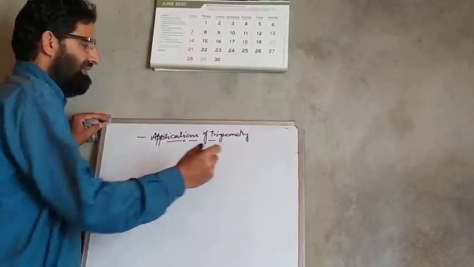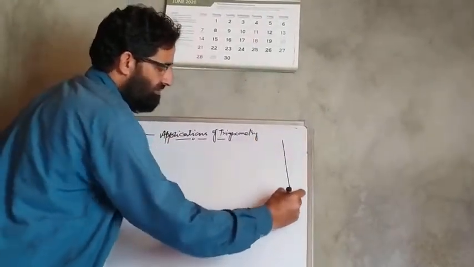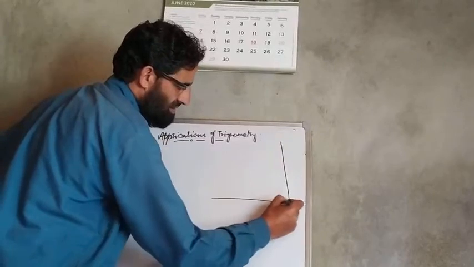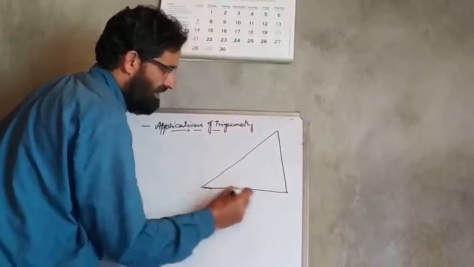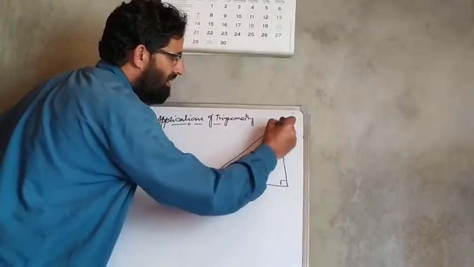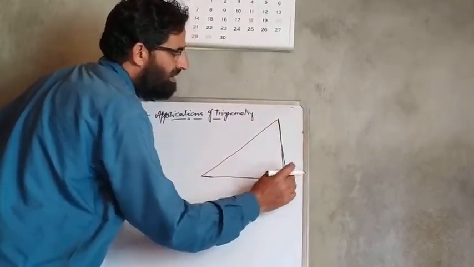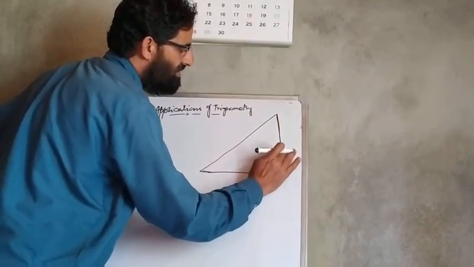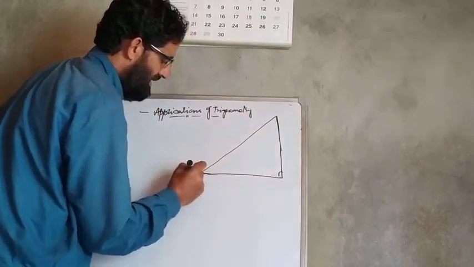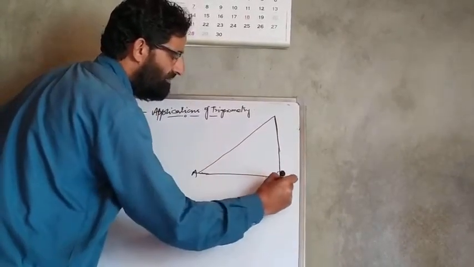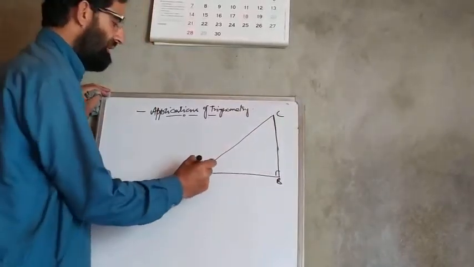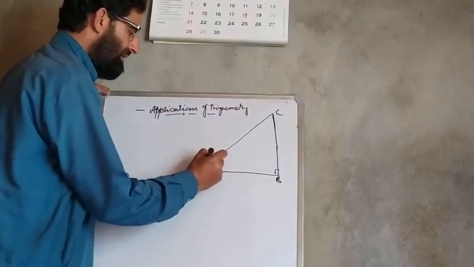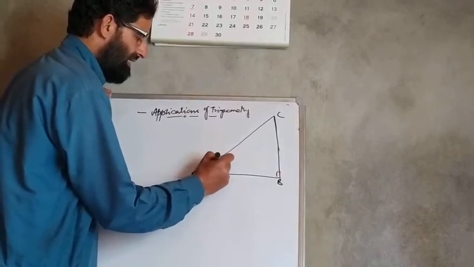For this, there is this right angle triangle, because trigonometry is based on this right angle triangle. This is very, very important. If there is no right angle or right triangle, then the concept of trigonometry is not there. Suppose ABC is a right angle triangle, right angle at B, and this is the angle theta,